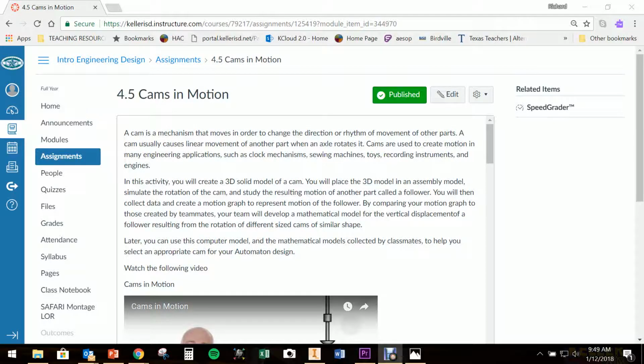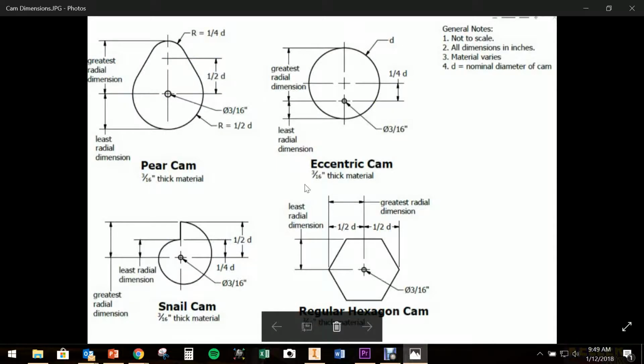This video is to go with activity 4.5, Cams in Motion. And in this video, I'll show you how to create the 4 different types of cams that we'll be using in this activity. So if I go to the specifications for the 4 cams, you'll see we get the eccentric